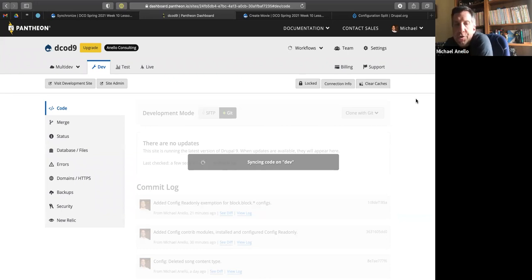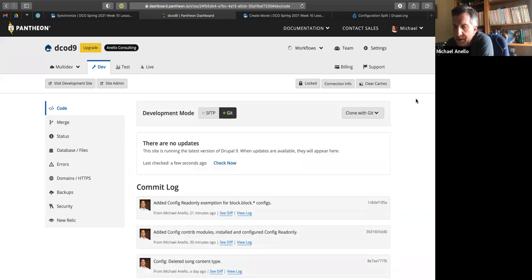So I think it's kind of hard to get into trouble with config read-only and config split. You can start getting into trouble with config read-only when you start issuing exemptions, putting stuff on the allow list. When we start talking about the next module, config ignore, that's kind of like level, let's say level 1 is using the configuration system without any contributor modules. I'd say level 2 is using it with config read-only and config split. Level 3 is using it with config ignore, I think, because config ignore basically tells the configuration to just flat out ignore some configuration files,